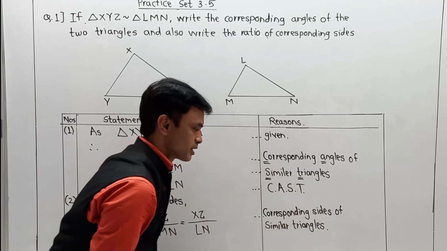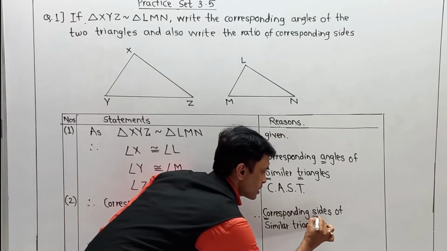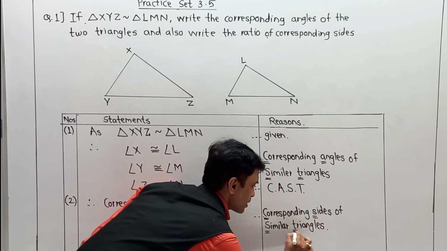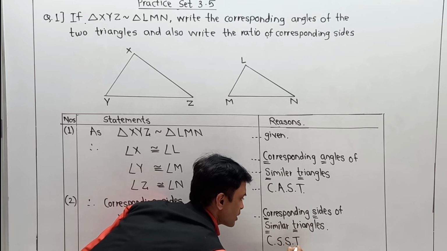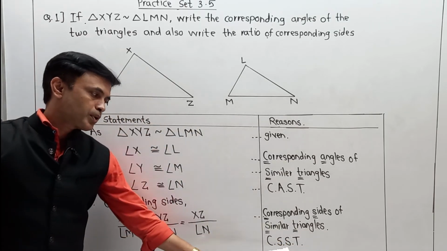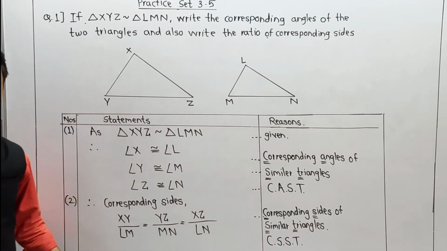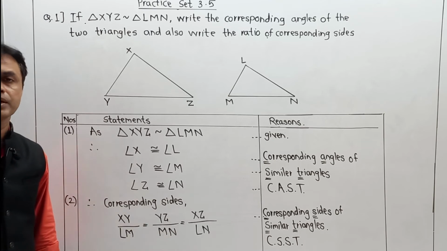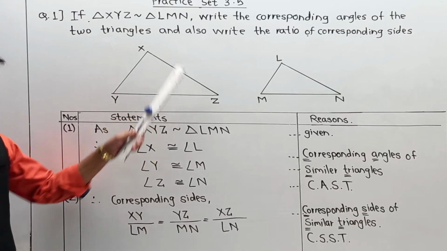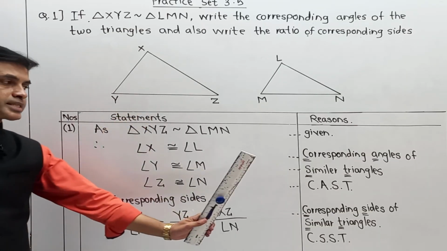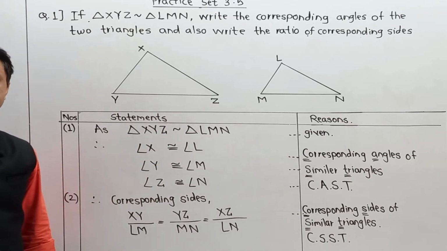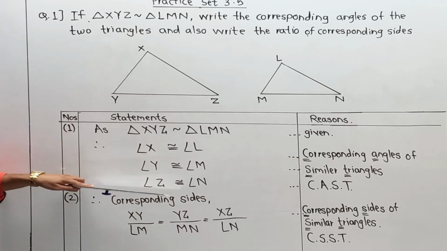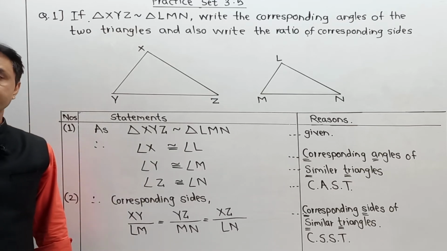In short, it is also written as corresponding sides of similar triangle. In this way you can complete the part in terms of a proof. During this numerical, please adopt this writing style. It looks more attractive and is easy to observe and understand. This grouping shows angles and sides, so anyone can easily understand while reading.